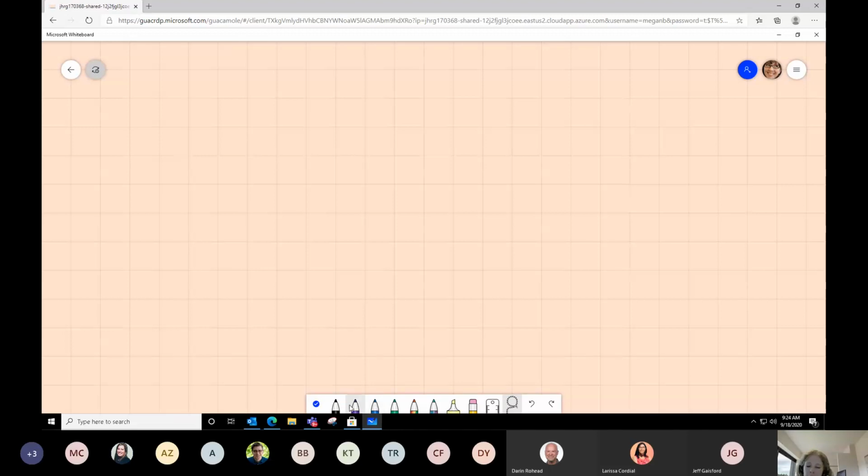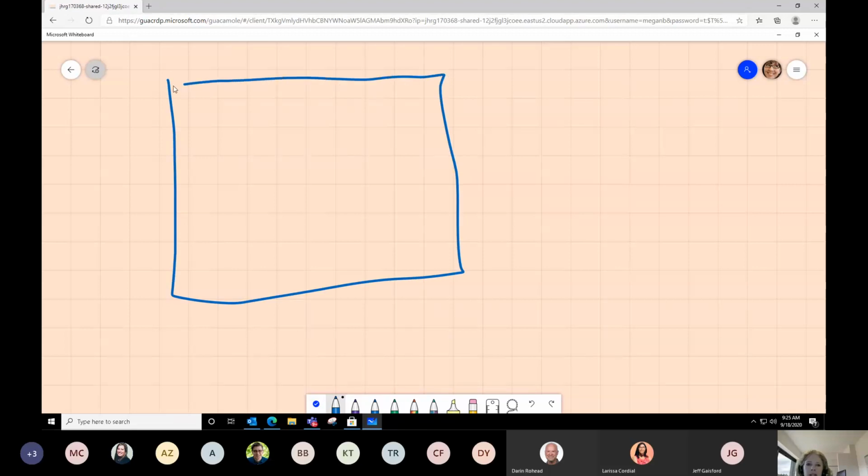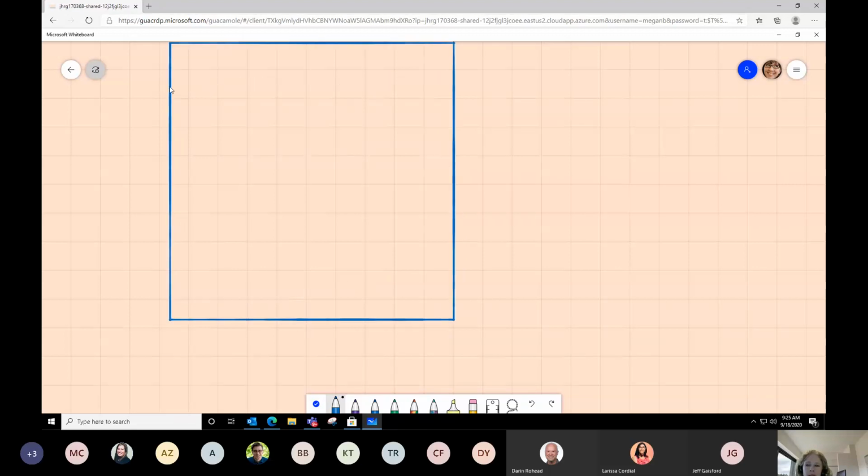And I want you to see that within these, also, if you click right above, for example, the pen tool, you'll see that you can also pick thicknesses and also colors. So let's say, for example, I want the border to actually be a blue color. I can click on that. I can pick the thickness of the line I'm going to draw, and then I can come in and start creating my table. So here's my table. And what I'm going to do is I'm going to go ahead and notice what it just did. And I want to show you why it did that.